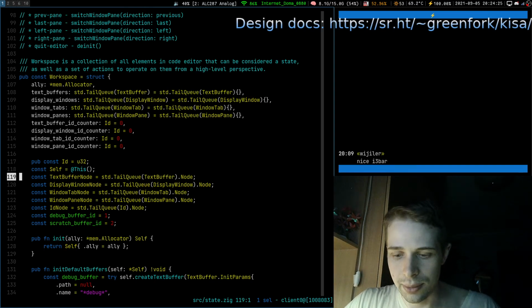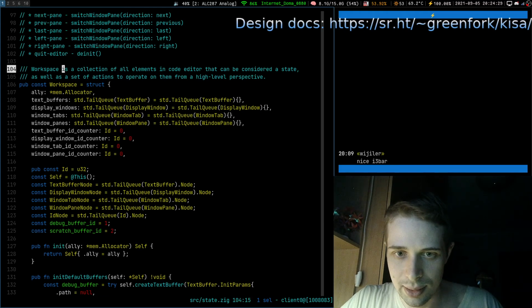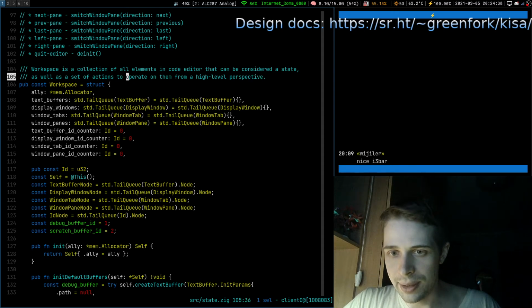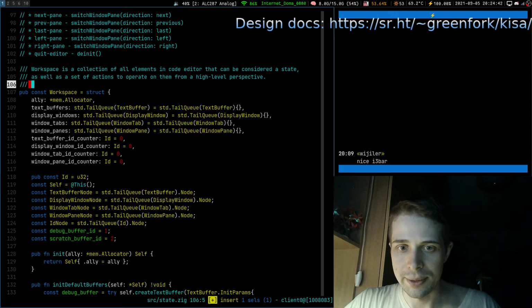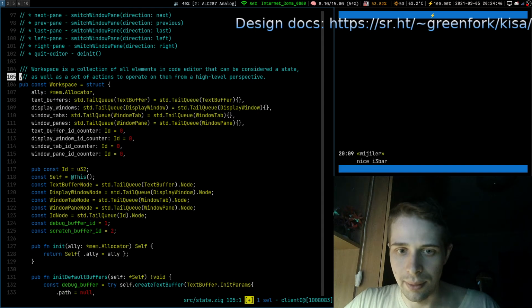It finds all the resources, because window ID is responsible for all the elements. Here it says it is a collection of all the elements which can be considered as state, and it operates on them from a high level perspective. Probably we should say also that it manages resources of the state.